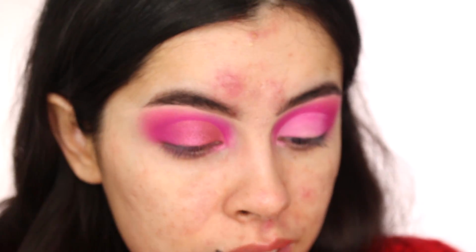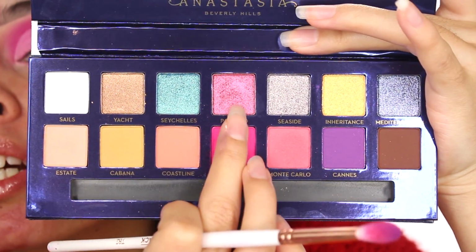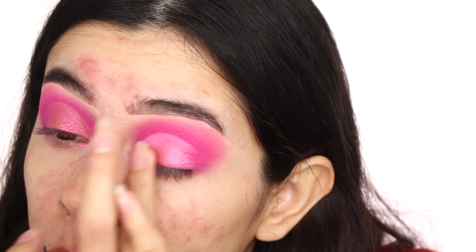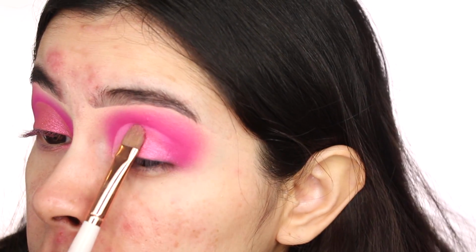All right, you guys. So I already cut my crease. Now I'm going to take this color right here. It's the shimmer right here. I'm going to take it on my finger first so you guys can see how it works with the finger. You see what I'm saying? It's a little bit dark, but that's okay. And then I'm just gonna take it on a flat brush and then pack it onto the lid